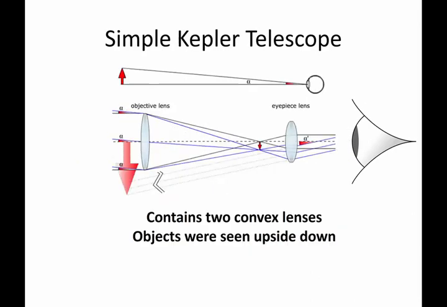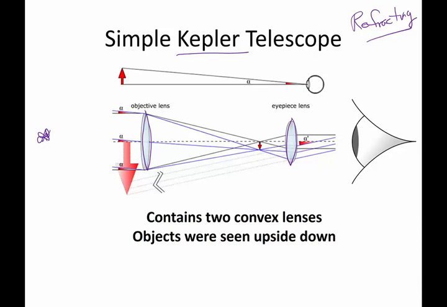Now, how is a Galileo telescope put together, or refracting telescopes put together? There are two basic types of refracting telescope. One is called a Kepler telescope. Johannes Kepler was a contemporary of Galileo's, meaning he lived approximately at the same time. And Kepler invented a telescope that involved two converging or convex lenses. So the light from a distant star would come in, go through the first lens, form